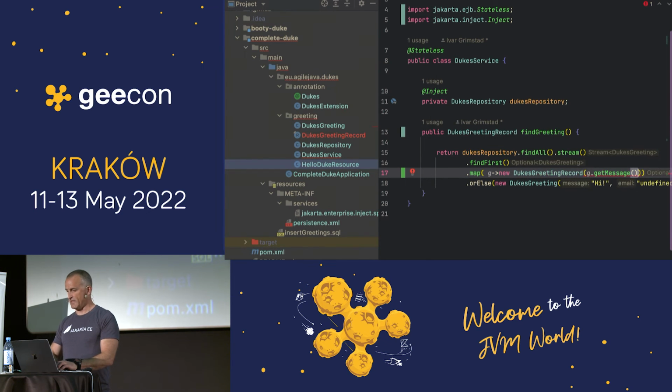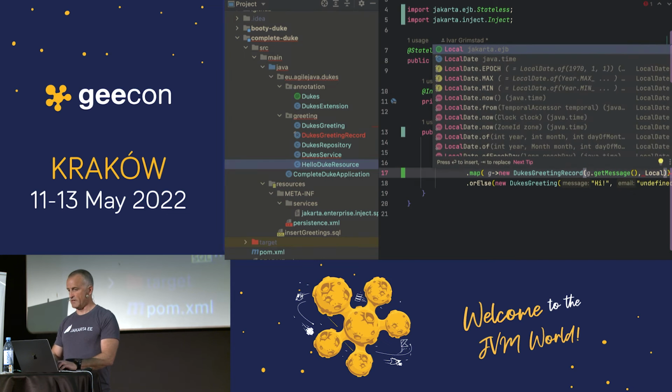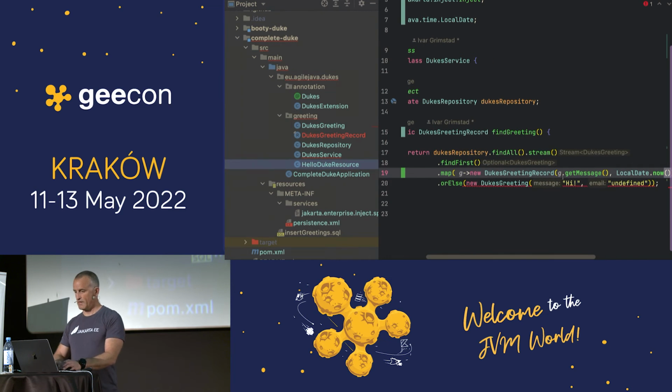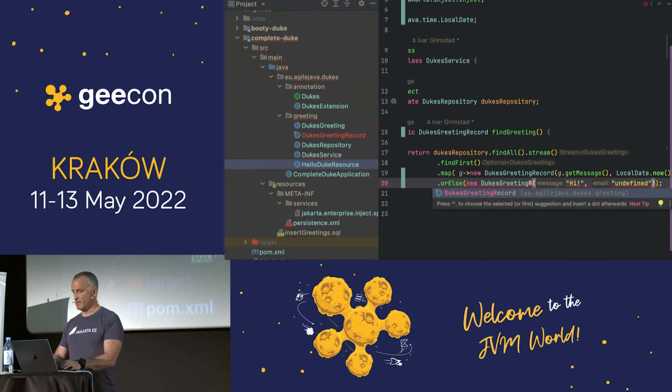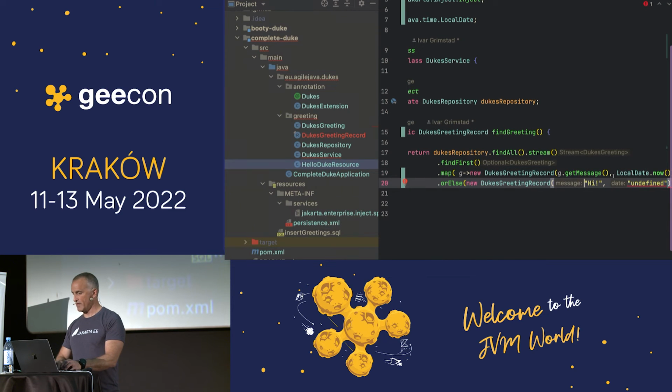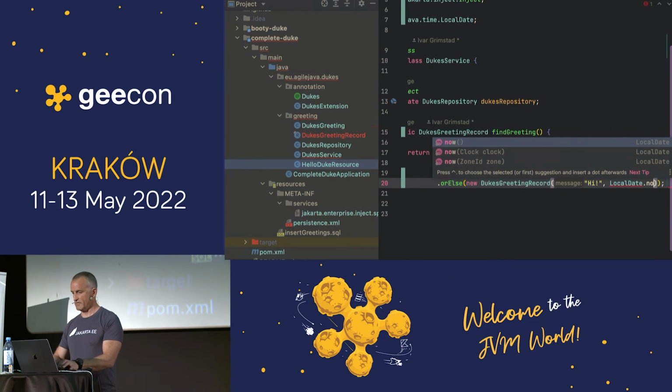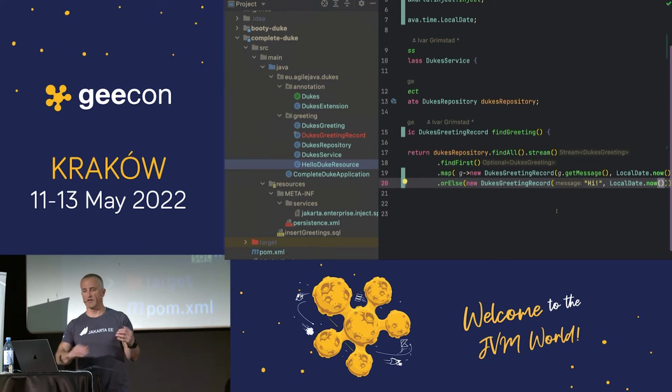Get message and local date now. And also, if I don't find anything in the database, I also have to return a record. And this date should also be local date now. So you see what I'm doing? I'm getting from the database and just mapping it, and using the message, and I'm ignoring the email.